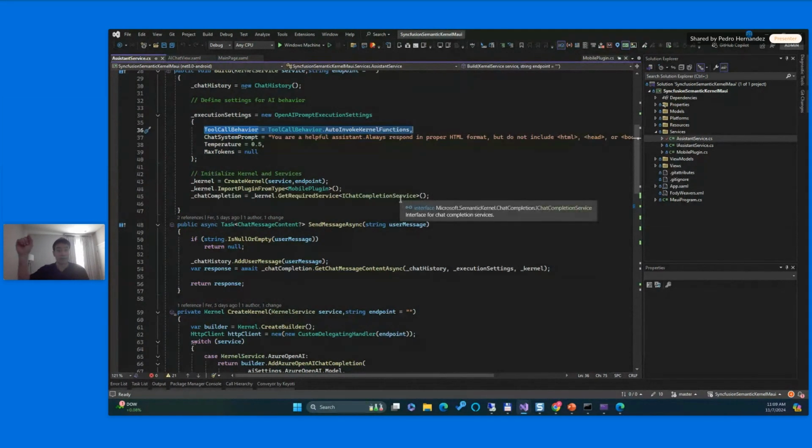So if you put this, all the functions that you registered in the kernel are going to be executed automatically. But if you put manual, then in the question you have to decide the list of functions you want to be involved in this answer, or maybe you have to decide for a list or something like that. But if you put automatic like this, auto invoke, you're going to have your functions running all the time